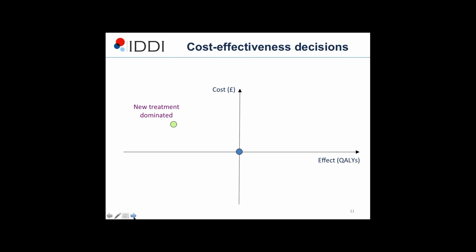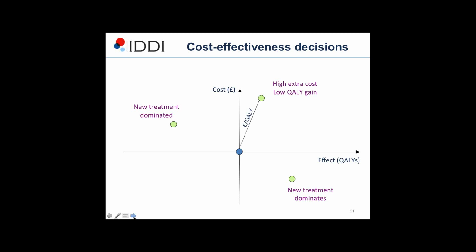So let me say this again. So we do the experiment. The amount of QALYs we get is less, negative, and the costs are greater. Clearly, that's a dominant decision. We would not want to invest in a treatment that's less effective and more costly. Similarly, if we did the experiment and we find our new treatment is cheaper and more effective, again, that would be a dominant decision. And to be slightly tongue-in-cheek, you don't need a health economist here to make a decision. They are dominant, and that's fine.